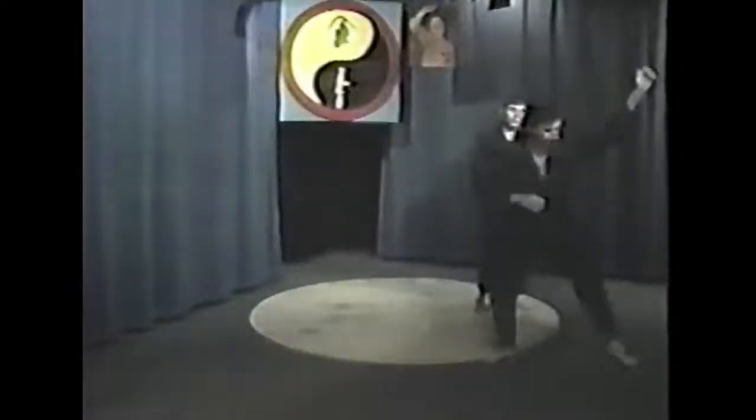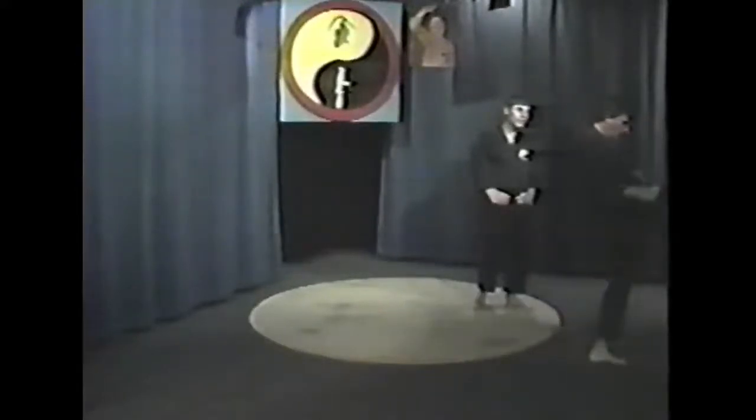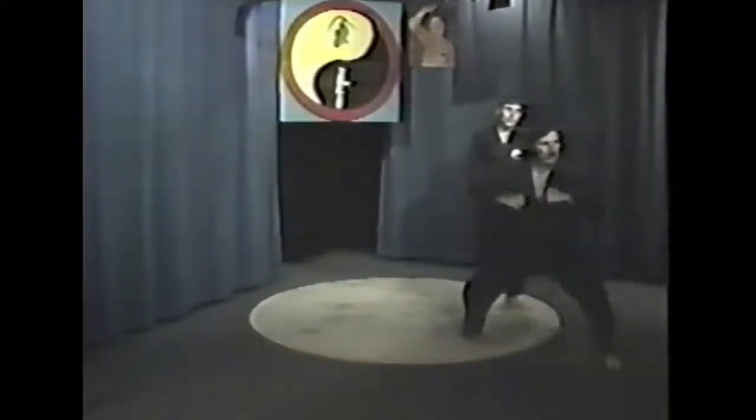He does an elbow, which is called an empty. Turns around, does a block, and another block, a strike, pull back, and a kick. And he does a double block to the face and a punch. He's going to turn around here with a downward block, low, grabs the arm and actually breaks the arm here, lets the opponent go, concentrates on another opponent,